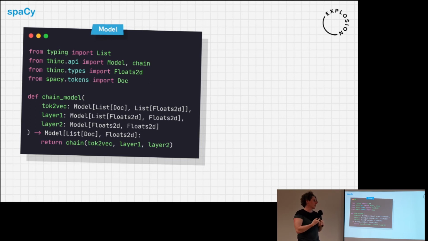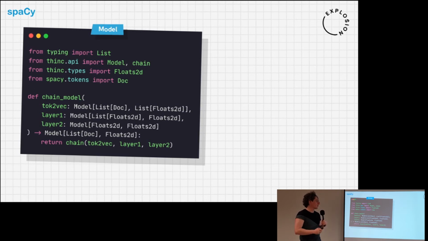So here the tok2vec layer says, okay, that needs to be a model that takes a list of Docs as input and outputs a list of Floats2d, where Floats2d is going to be a two-dimensional array type of the type float. So we've got a few of these different array types for different dimensionalities and very basic typing. So we distinguish integers versus floats, and we distinguish dimensionality of 1, 2, 3, 4, and many. So keeping it as an enumerable list of types helps a lot to avoid some of the more nasty syntax that you would have if you tried to make that fully parametric.